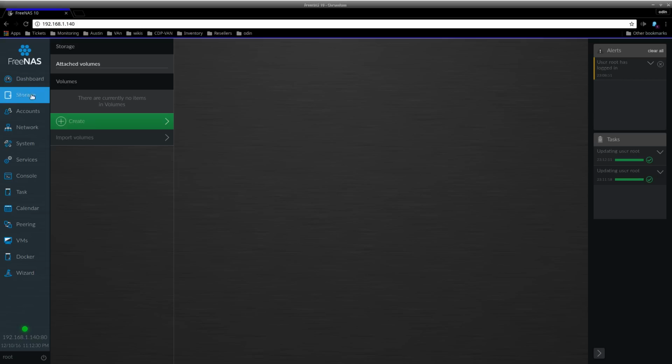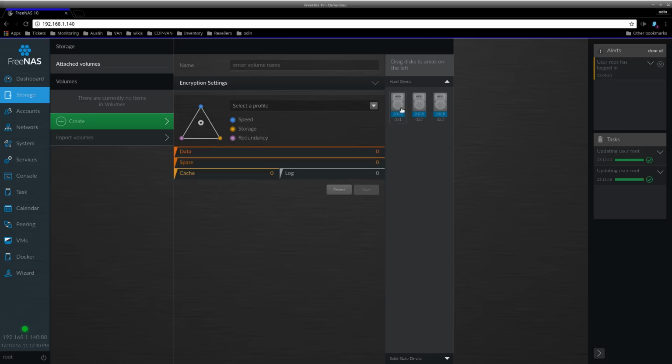It's important to see the storage because obviously right now we only have a hard drive that is 8 gigs, and I can't even store things there because it's meant to be only for the OS. So what I'm going to do is click here and create, and this is very important because according to how many drives you connect to the real system, you will see all these hard drives here. That's pretty cool. And what you're going to do is just name your new volume. I'm just going to put the name tank, and